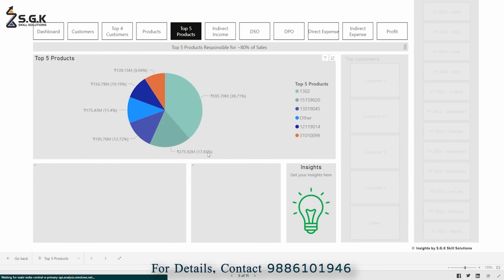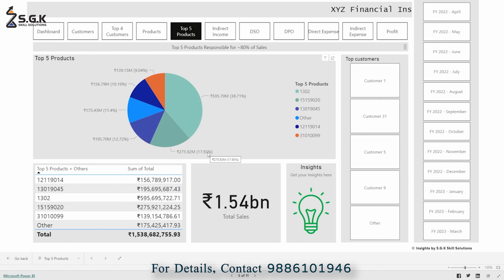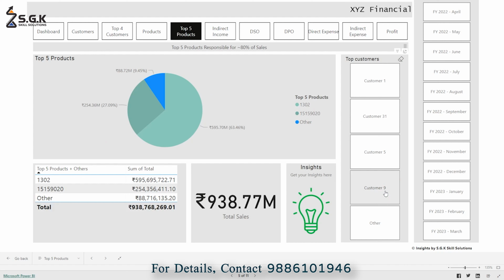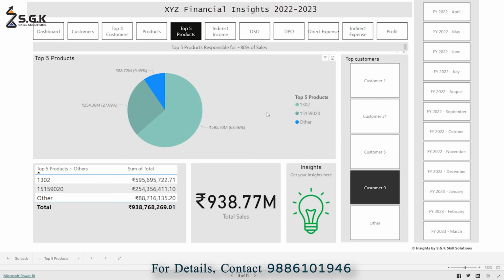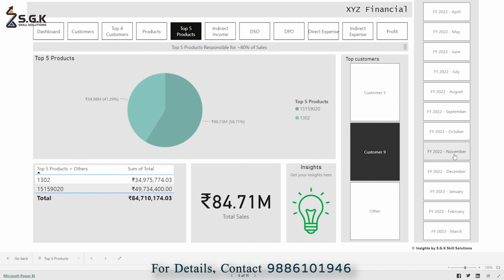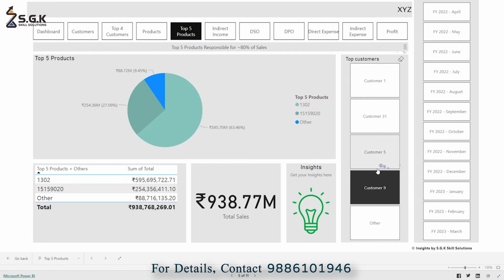Similarly, there was an insight given on top products. As we can see from the visualization, the company is dependent on a few products. And the dashboard is interactive to the next level of connecting these top 5 products to the top customers we saw. In fact, if I click on customer 9, I exactly understand what products customer 9 bought in the financial year. And if I click on November, where there are 3 transactions, I exactly know there are 2 products. So the interaction is